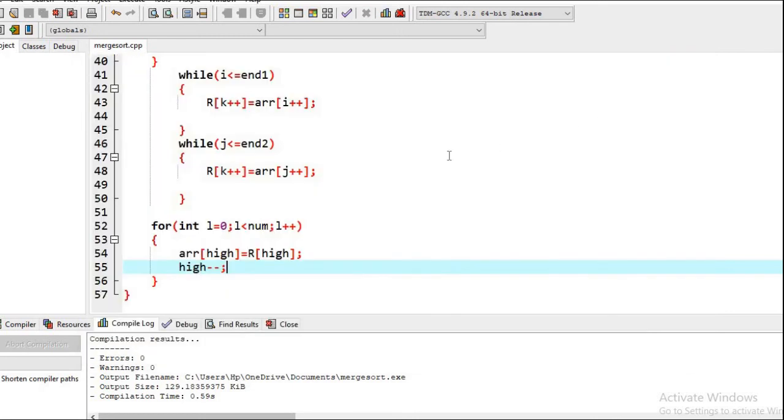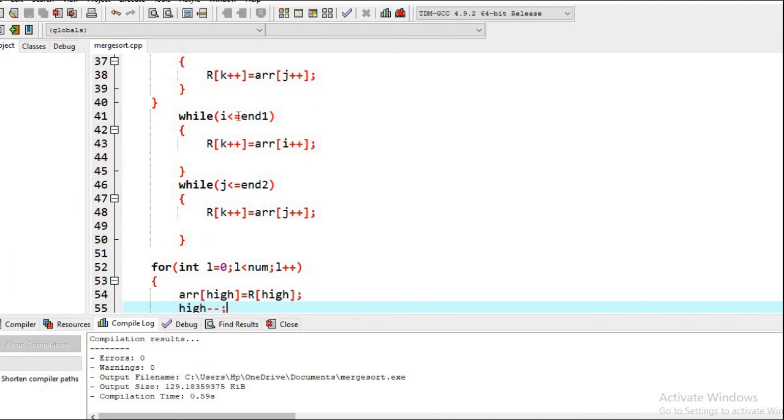One thing remains that I have to tell you, and that is the drawback of merge sort. I hope you can easily understand the drawback, and that is this additional array that we require here, the resultant array. Additional memory space is required by merge sort, which is not required by sorts like quick sort, insertion sort, and selection sort. Basically it provides a good running time, order of n log n, while other sorting techniques offer complexity of order n square.